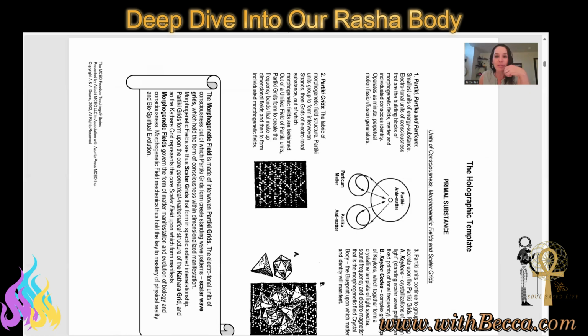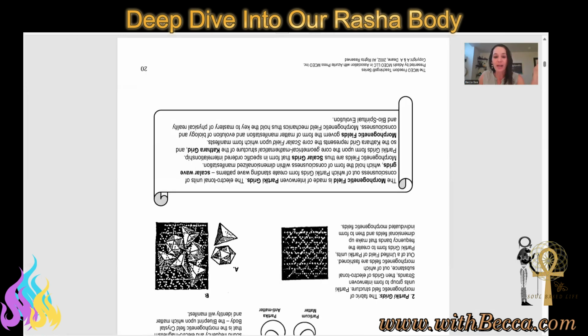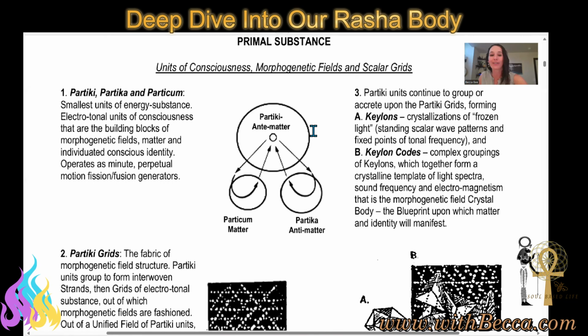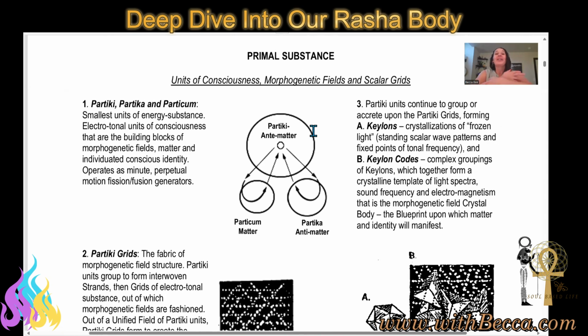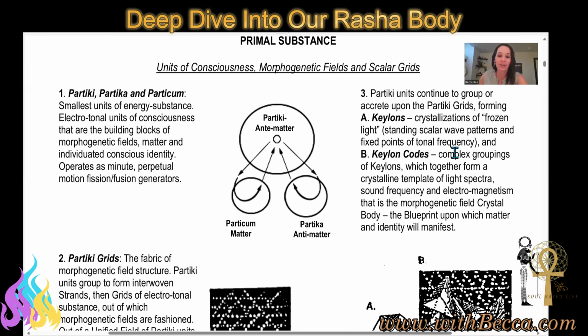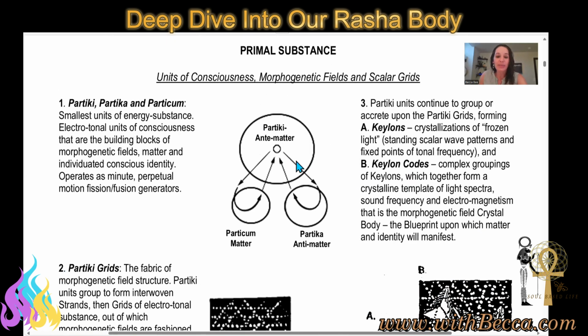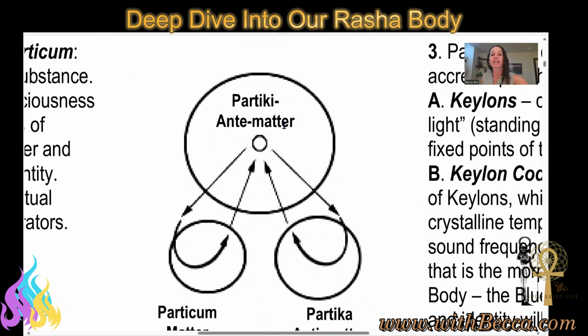This is probably one of the most common topics. I know Ashiana in her teachings, she literally spent forever going over the mechanics of creation and how we emerge from the Partikai, the Partikam, and the Partike over here. So the Partiki, if we look at it here, is going to be the antimatter. This is the void. This is going to be the Manu. And as it expressed out, it goes out dually into two forms simultaneously.